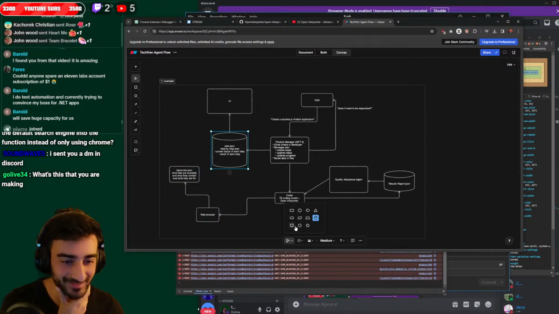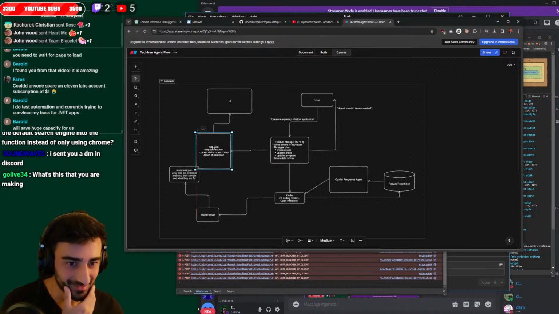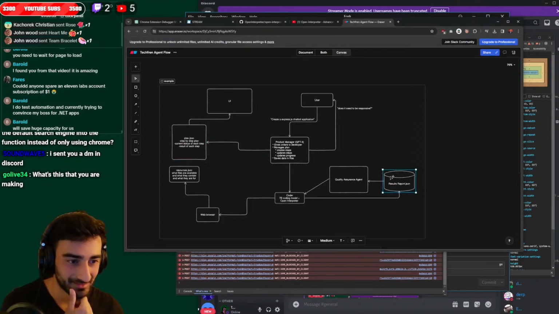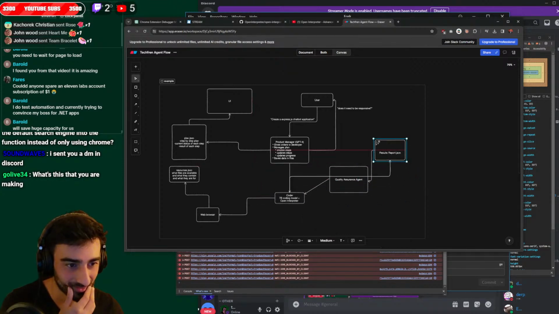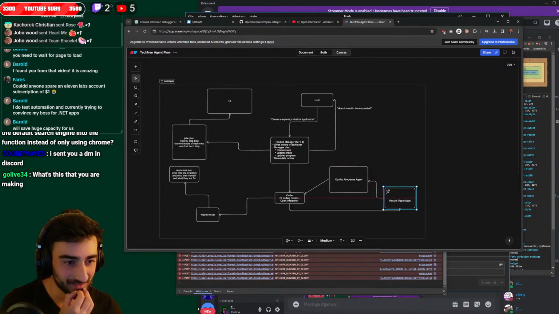Plan.json. Make this. Back to squares. Square. Results report. This is kind of separate to